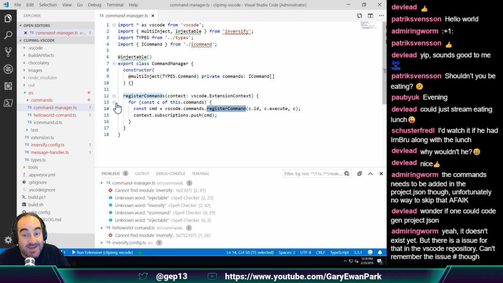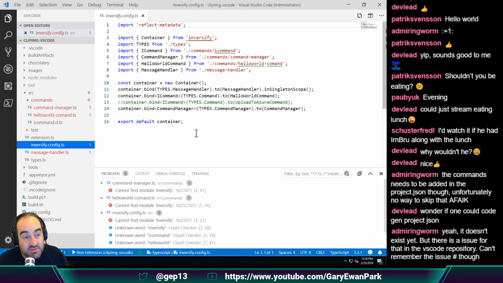So the way that this is all tied together is there's this InversifyConfig.ts file. In here, this is where we kind of glue everything together, so that when you use an IOC container, this is a fairly standard file. So this is you saying, these are all the things that I'm putting into my container, and this is how